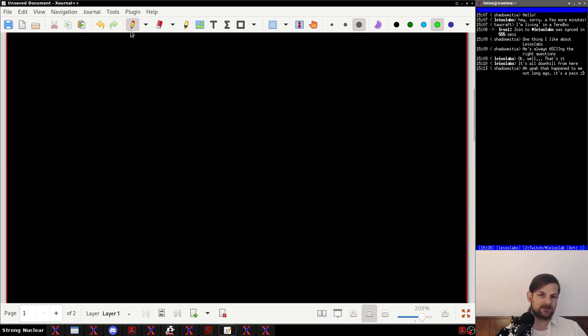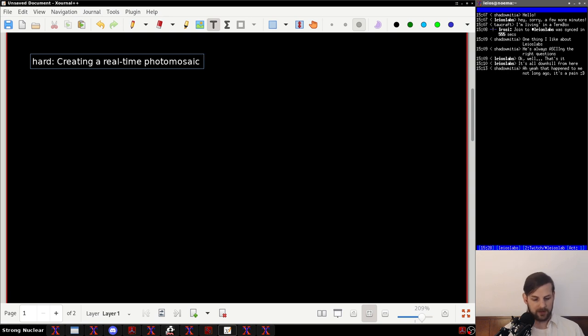For this, I'm actually going to ask you guys a question. For me in particular, there's two bits to this, right? There's the easy, I say easy, so there's the hard bit. It's going to be hard. And this is going to be creating a real-time photomosaic, we'll say HD photomosaic video, right? This, as I said before, is still something that people haven't done before, but it's a stepping stone to something that I consider to be harder, which is